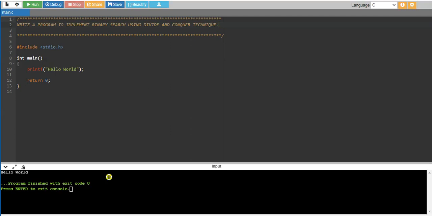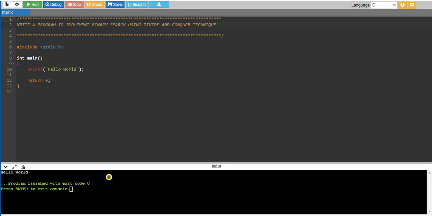In the previous session we saw how the DFS and BFS algorithms work for finding whether the graph is connected or not, how we traverse from one node to another, from one vertex to another vertex, and what the path is.